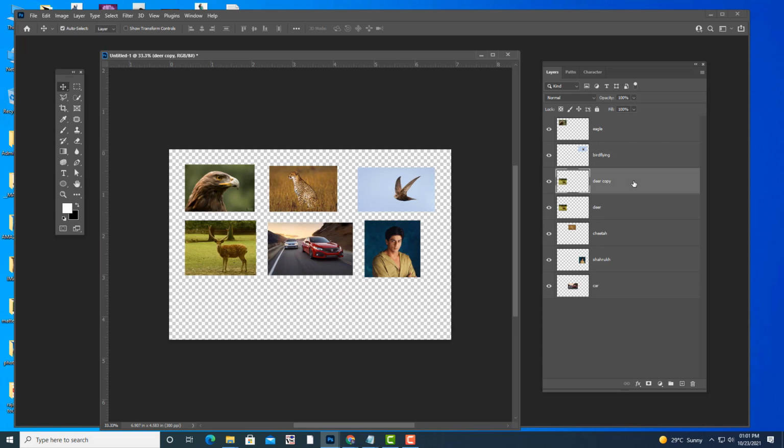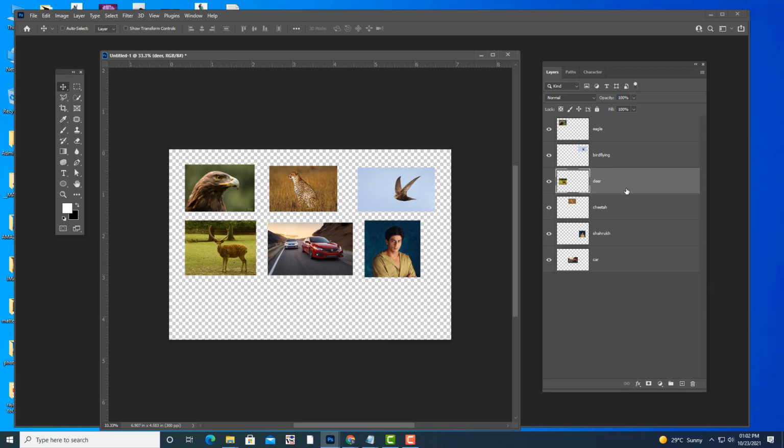You can also duplicate in one more way. So the third way: one way is Alt drag, the second way is Control J, and the third way is to select the layer and drag it on top of this new layer icon. We all know the new layer shortcut, Control Shift N. You can use the keyboard shortcut to create an empty layer, or you can just click on this new layer icon. Like this also you can create an empty layer.